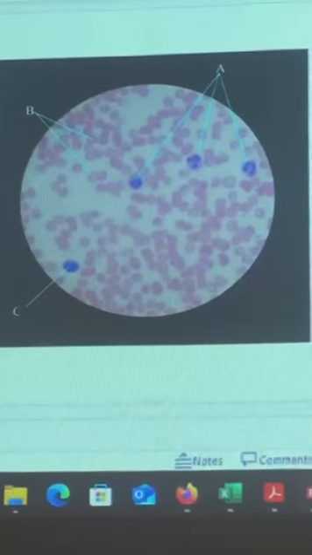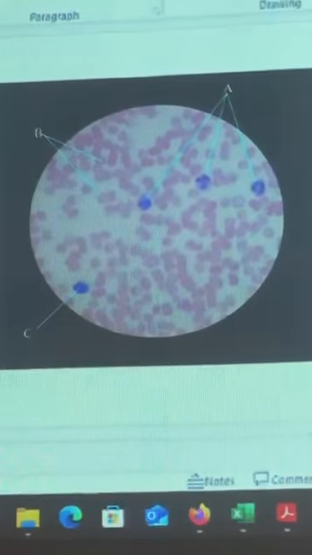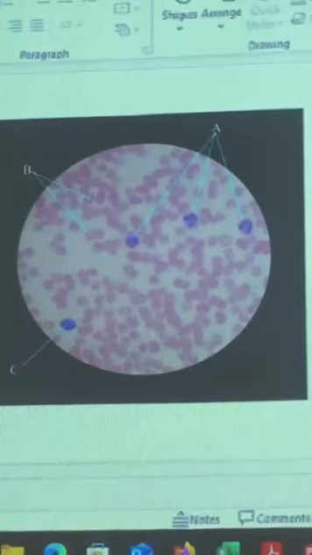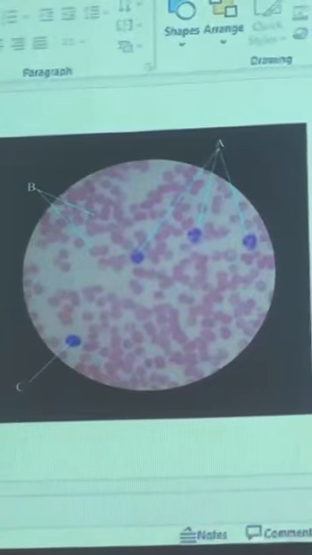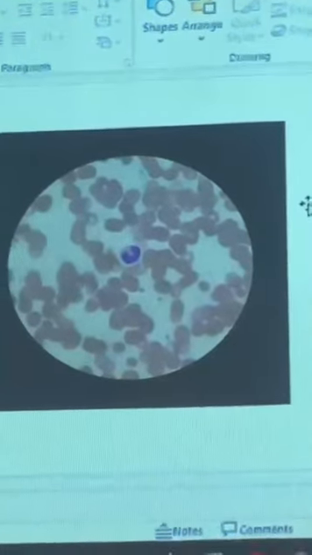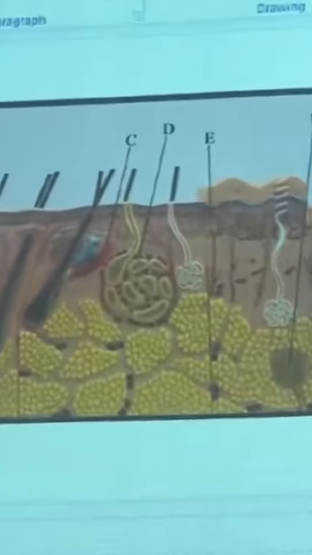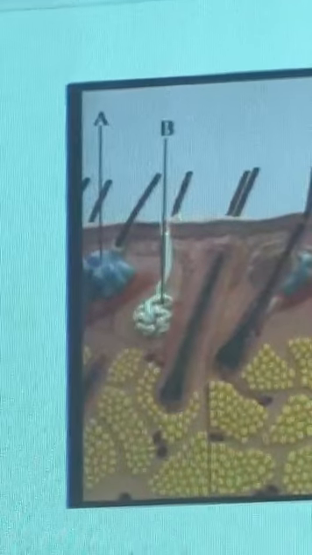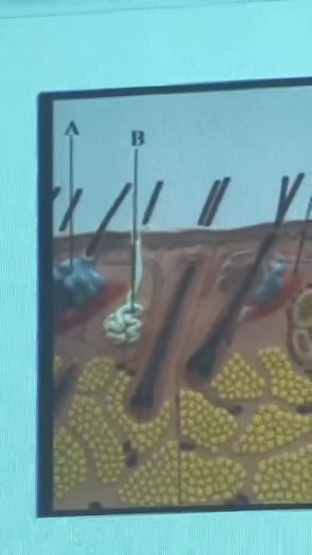On blood, identify the proper name of the red cell, erythrocyte. The cells at A, those are neutrophils, and the cell at C is a lymphocyte. That's a monocyte. And now on the integument, working straight across A through F, A is the sebaceous gland,